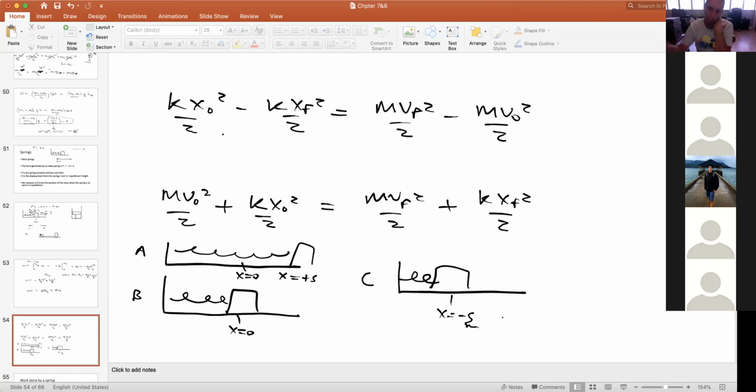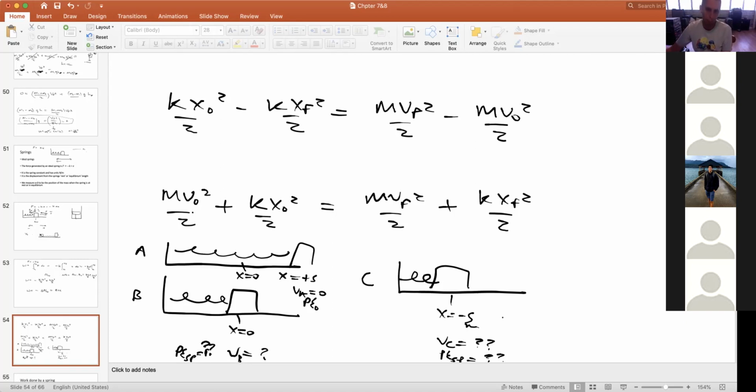If we pull it to 5 and v of A is 0, so we pull it out 5 meters from equilibrium and then let it go. What is v when it goes to B? What is v when it gets to C? What is the potential energy of the spring when it gets to C? And what is the potential energy of the spring when it gets to B? And what is the initial potential energy? So